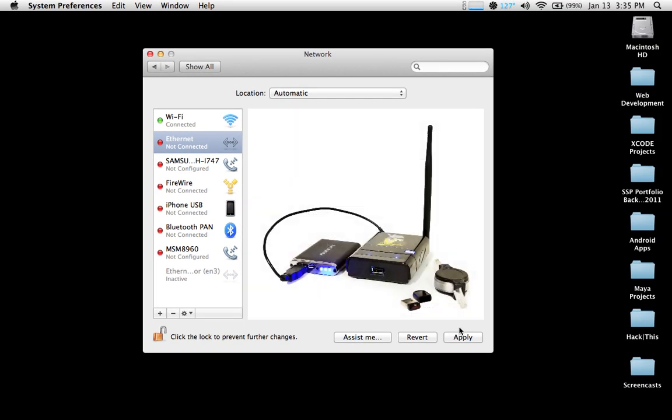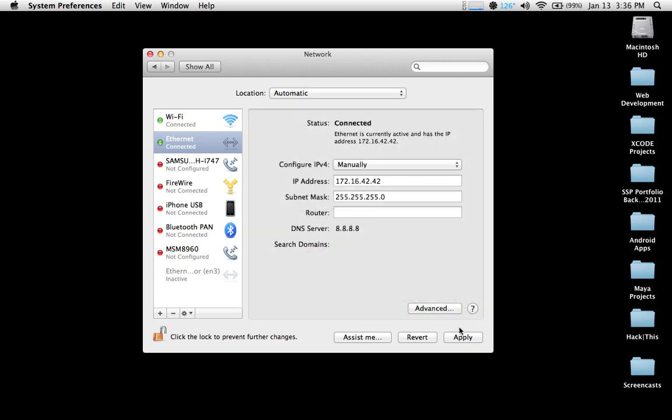Now it's time to go ahead and power up your Wi-Fi Pineapple. And once your Pineapple is powered on, you need to connect one end of your Ethernet cable to your Power over Ethernet / local area network port, and then connect the other end to your Mac's Ethernet port. And you can see in the left pane, your Ethernet service is now enabled and active. Now what we need to do is select Apply,